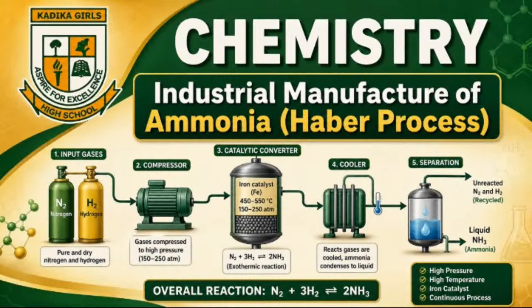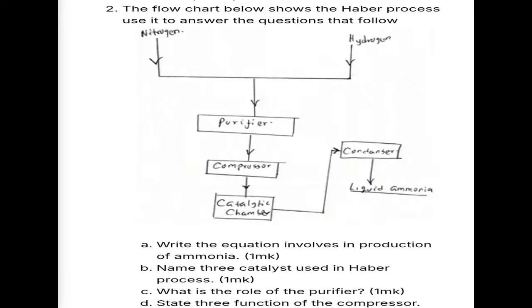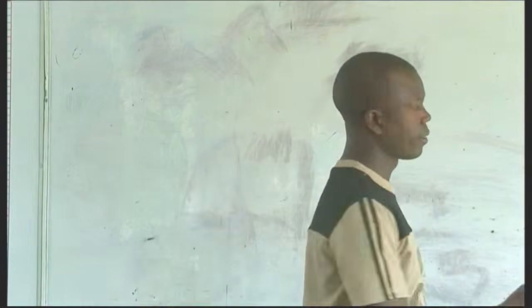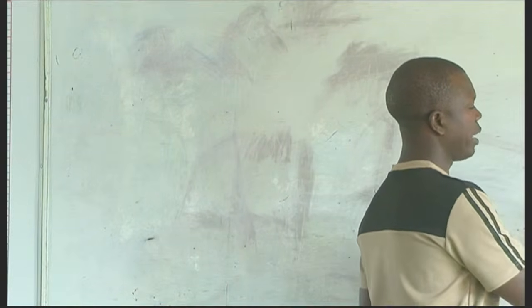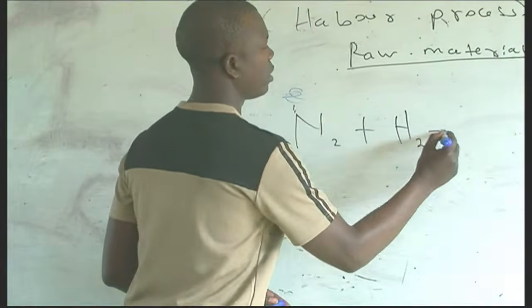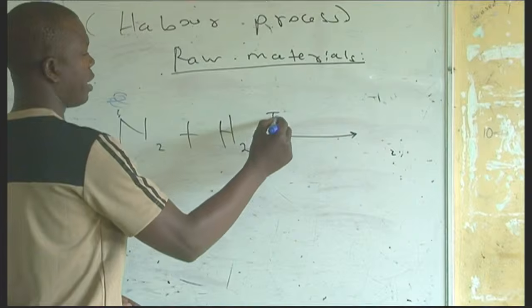Now we are seeing the flowchart on how the gas is being manufactured. So for the equation for the reaction, let us follow up the equation for the reaction here. We have nitrogen gas reacting with hydrogen gas in the presence of a catalyst known as a finely divided iron